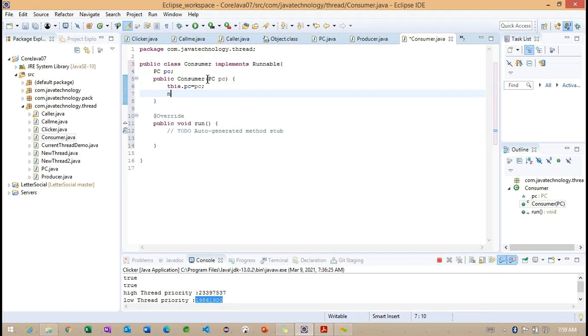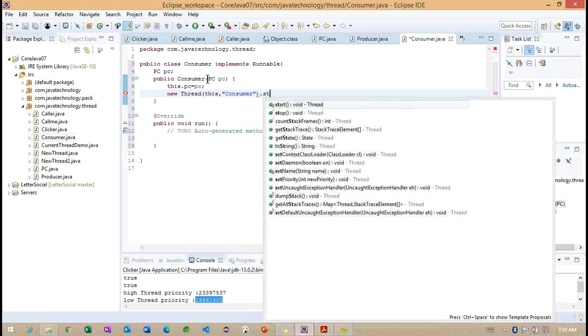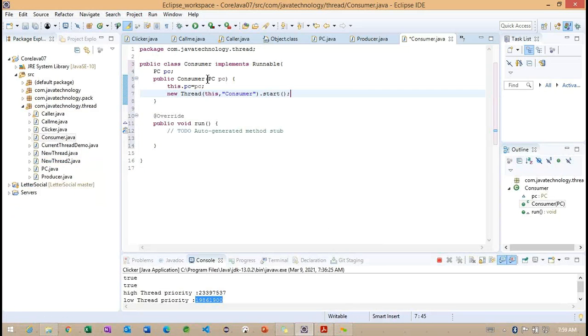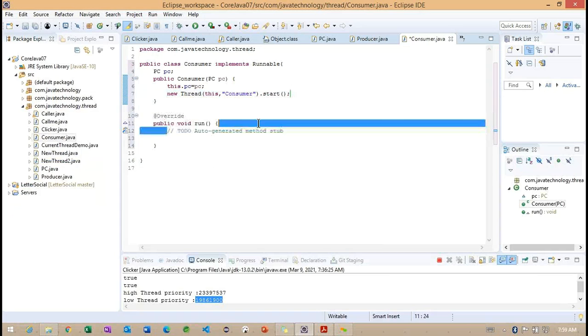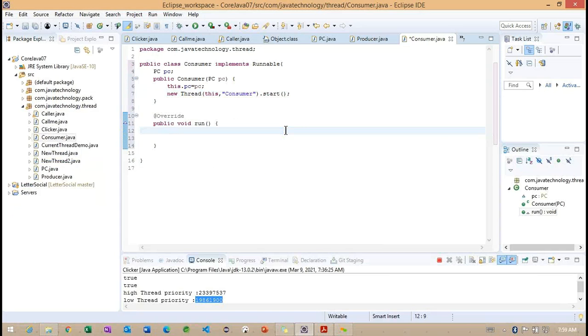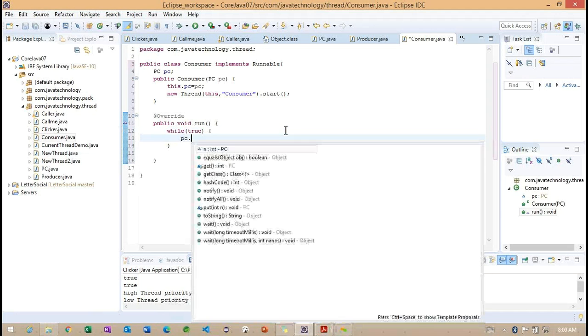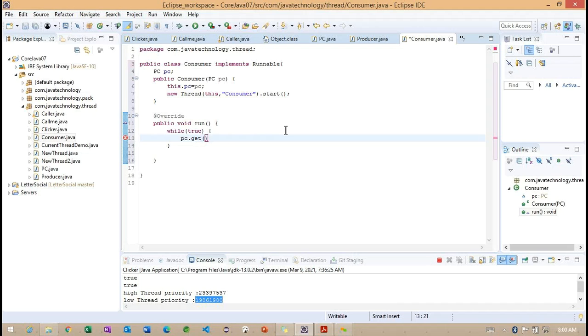Later we'll create one more thread object by passing the same information, this, comma, thread name, Consumer, dot start. Here we observe, while true, pc.get. So these are about the consumer example here.